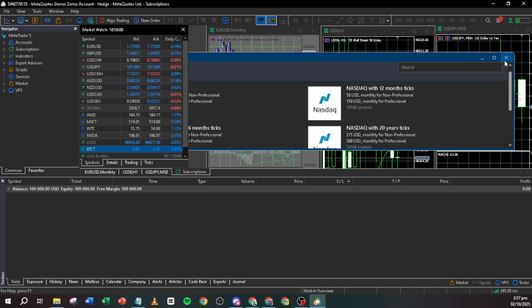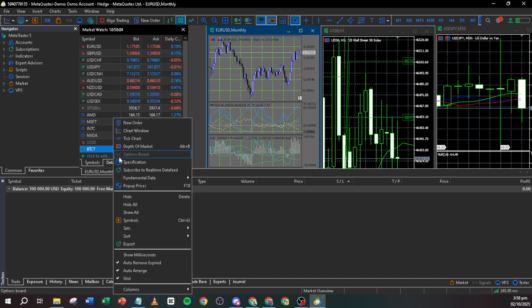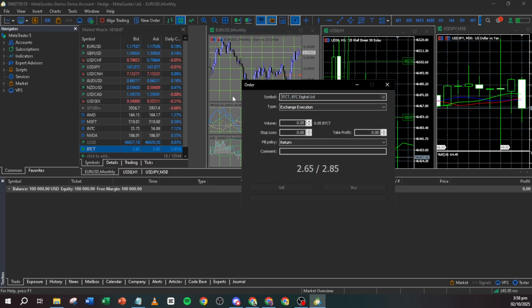A stop loss order automatically closes your position if the price moves unfavorably, while a take profit order locks in profits once your target price is reached. Choose the type of order you wish to enter. You can opt for market execution for immediate order fulfillment or a pending order if you prefer to set specific price conditions. Finally, decide whether to go long or short by clicking Buy to enter a long position or Sell to go short. Congratulations! You've placed your first Bitcoin trade on MetaTrader 5.